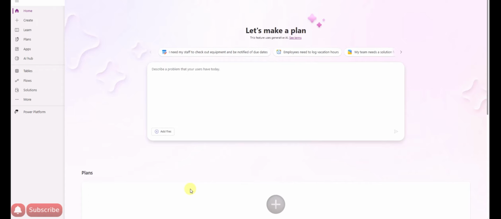And in the future series, we will see how we can convert that Excel to a Dataverse table and how we can use it. To begin with,